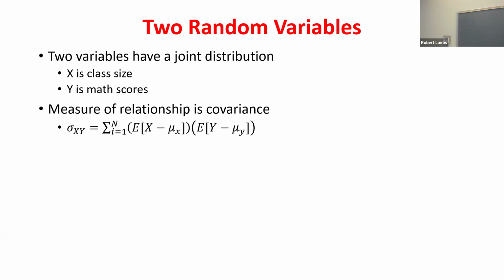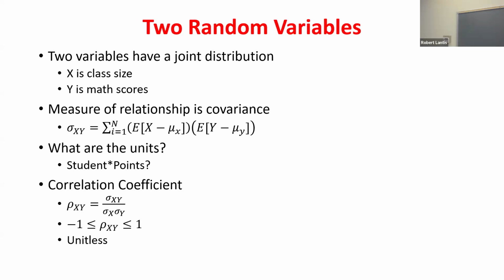Now you can think about what the covariance is going to tell us. First of all, the units are always going to be weird because you're multiplying two variables. Here I'd have the number of students times the points on this exam, so the units are student-points. So I can't really compare covariances across different types of relationships, because student-points wouldn't be the same as if I wanted the correlation between, say, age and the number of hours sleeping. There I would have year-hours.